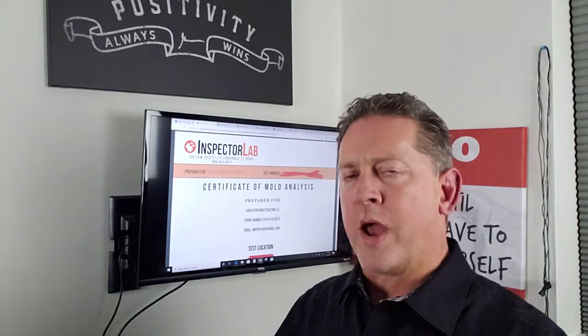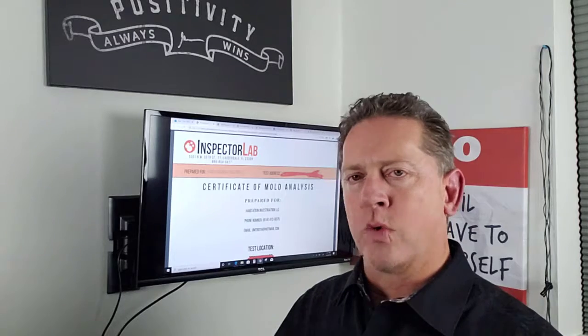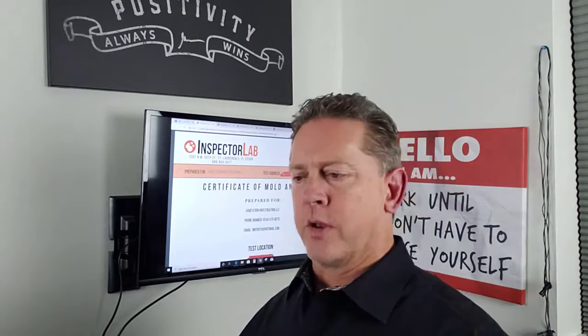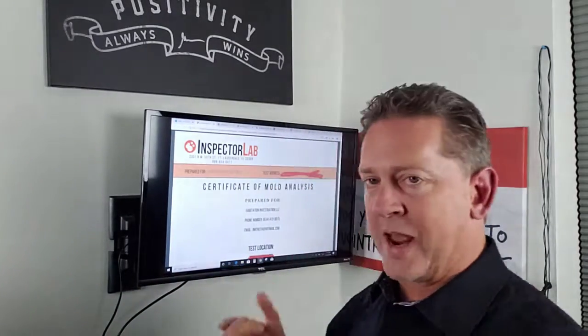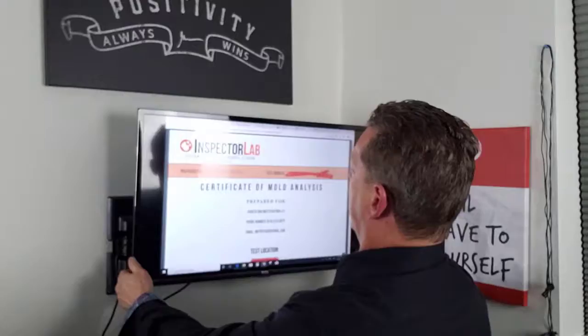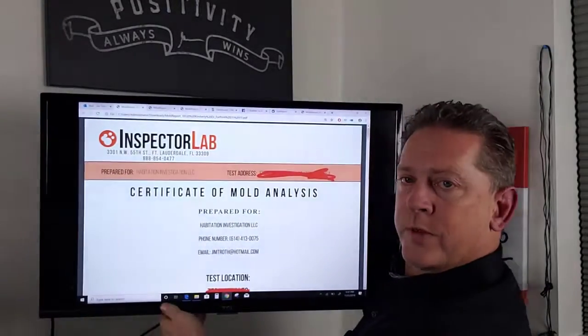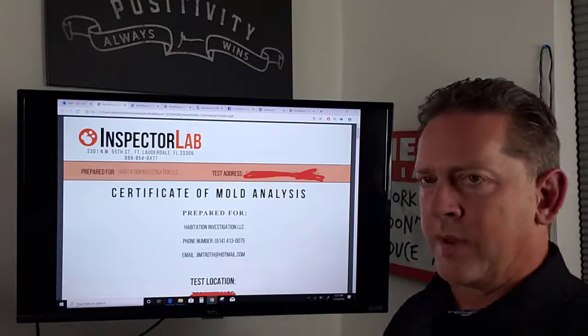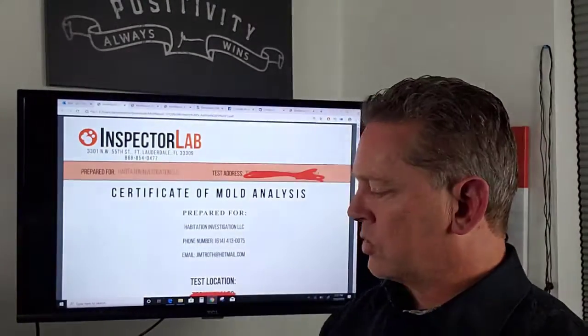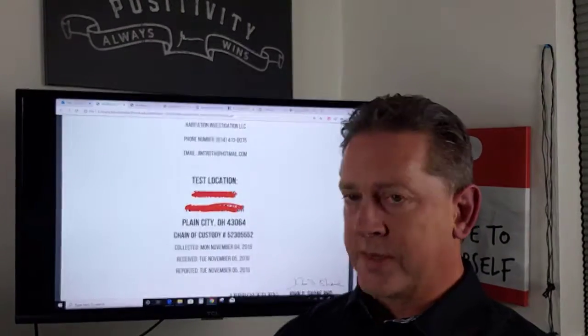I'm going to go over how to read a mold test on your house. It was either a house that you're buying, or perhaps it is your current house and you want to know what's going on. But this is how you read the reports. And I have a report or two pulled up here. Let me bring this forward, make sure you can see it all right. When you get your report in the email, it looks like this. What you do, you scroll down, and this house here,